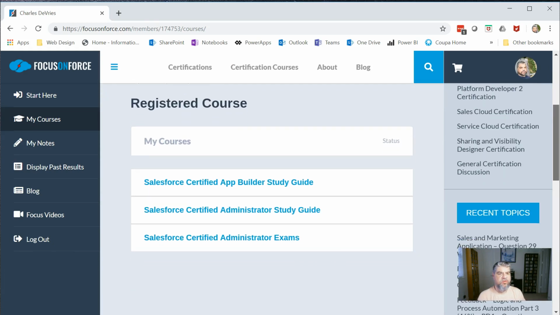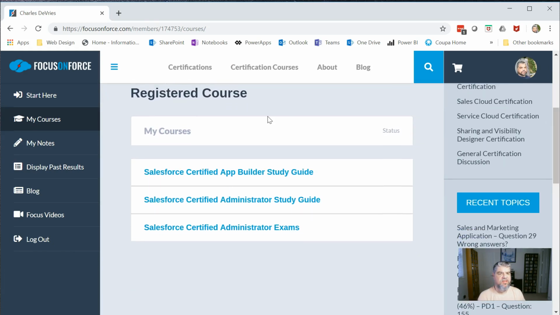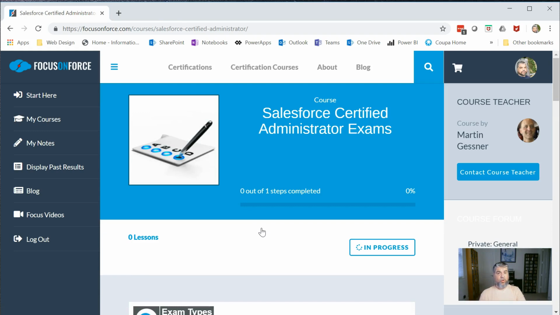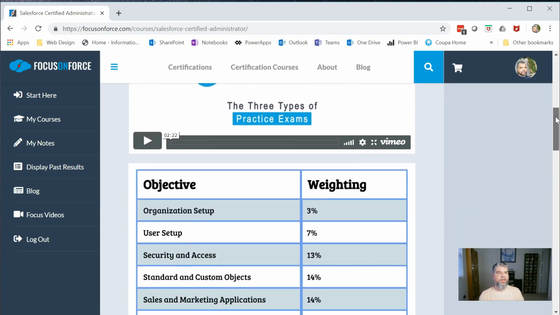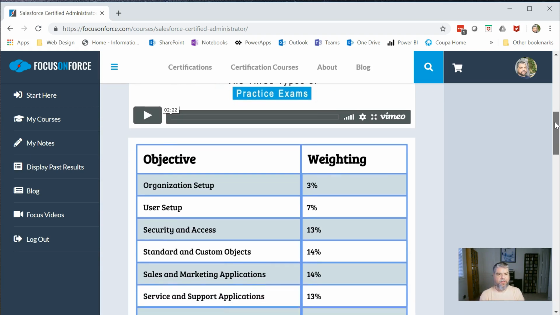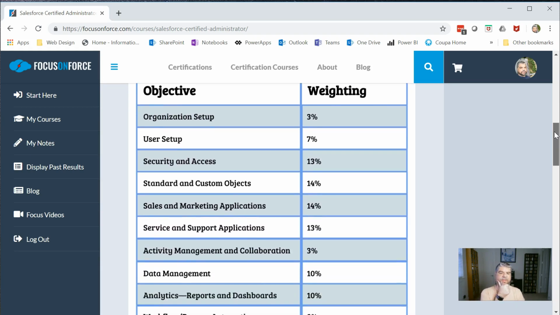On Focus on Force, I've gotten the Administrator Study Guide and Administrator Exams. Just so you know, the Salesforce Certified Administrator Exams here are not the actual questions you're going to see on the exam, because it wouldn't make sense to learn the exact questions. Then you could just get the right answers and pass a test without knowing anything. What it does is teach you the topics you need to understand. If you can understand enough to pass these exams, you should understand enough to pass the actual certification exam. It shows you how the admin exam is weighted,